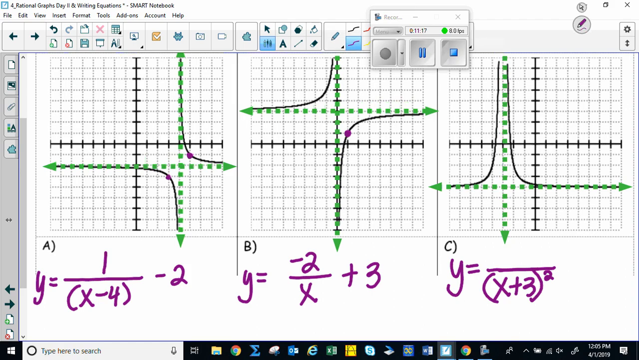Just be very careful that that k value is off to the right. My k value in letter C, the parent function is shifted down 1, 2, 3, 4. So I'm going to have a minus 4 over here. From where the asymptotes intersect, if I go to the right one, I'm going to go up 1, 2. So my a value is